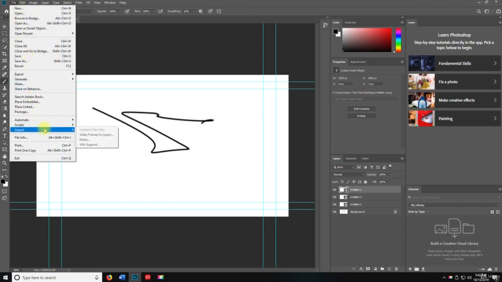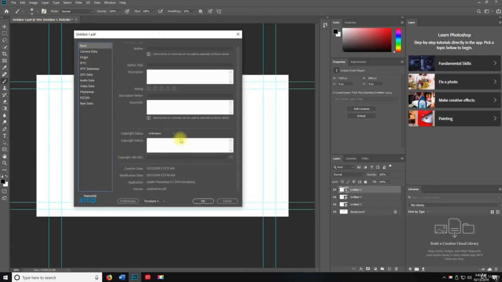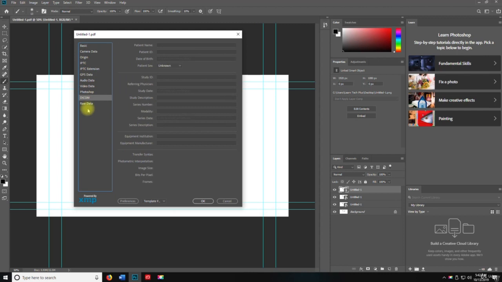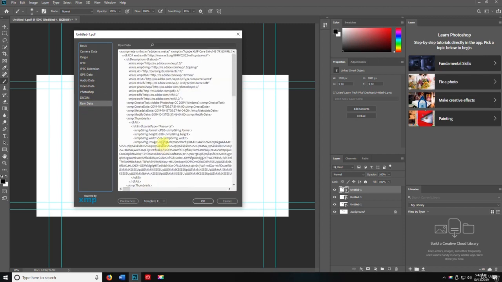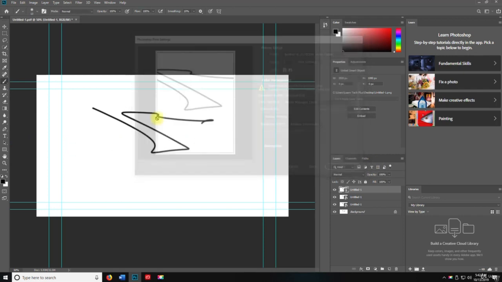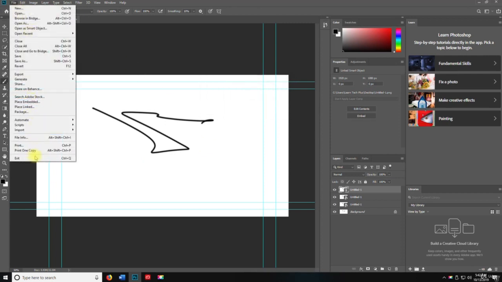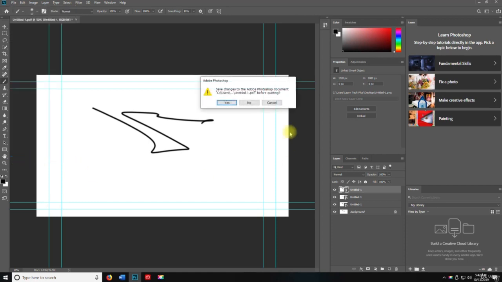Next up, we have import. So we can import video frames to layers, notes, WIA support, file info. So this is going to give you the info on the PDF. Okay. I haven't put a lot of metadata in here, but you want to because it's going to give you good SEO optimization if you're going that route, and other places as well. We can print. I'm going to hit cancel. We can do print one copy. I'm going to cancel that as well. And then the final thing in the file menu is the exit. So if I click on this, it's going to prompt me to